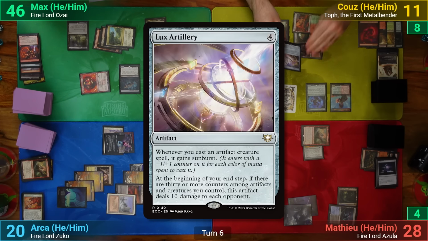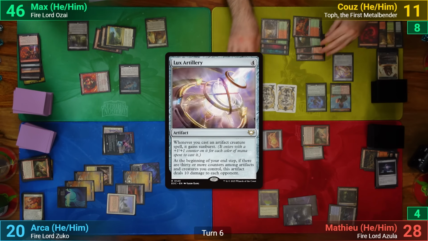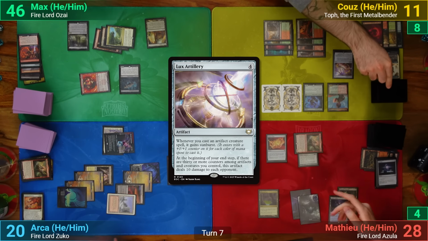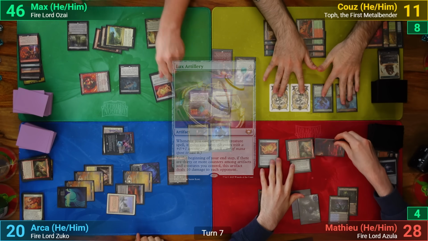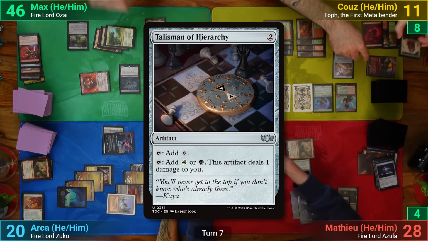He then casts a Lux Artillery, and Toph Earthbends on the Darksteel Citadel. He ships it after that. Mathieu draws and swings a Tally at Kuzno. Everyone exiles their top card, and he hits a Felwar Stone and Talisman of Hierarchy, and Kuzno then blocks the